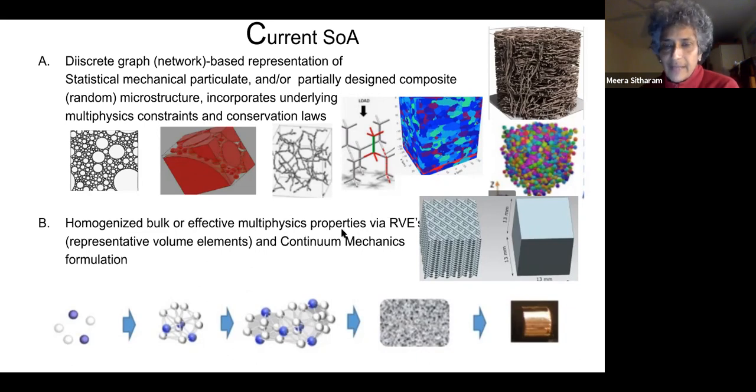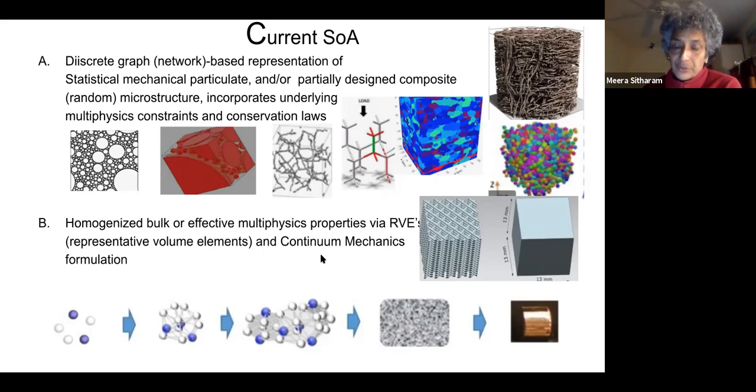So what they do is they take this discrete thing, which could be somewhat randomized, could be stochastic, it could have multiple scales in it, and they have well-developed techniques to derive bulk properties of these things. It's based on something called a representative volume element. There's a lot of techniques for doing that. There's an entire book you can search on Google, several books on how to derive representative volume elements for these types of composite things. Concrete, for example, looks like this. And